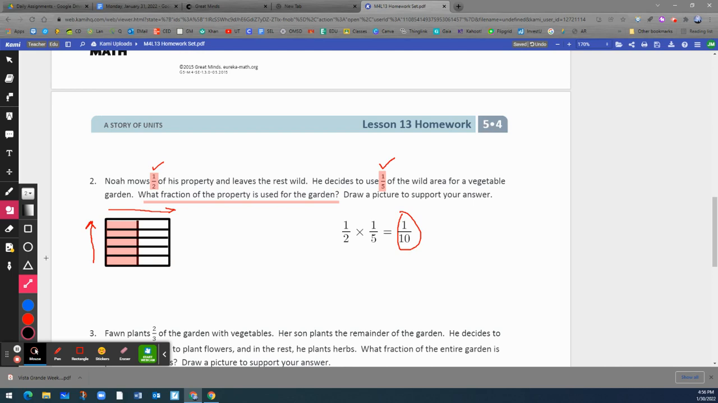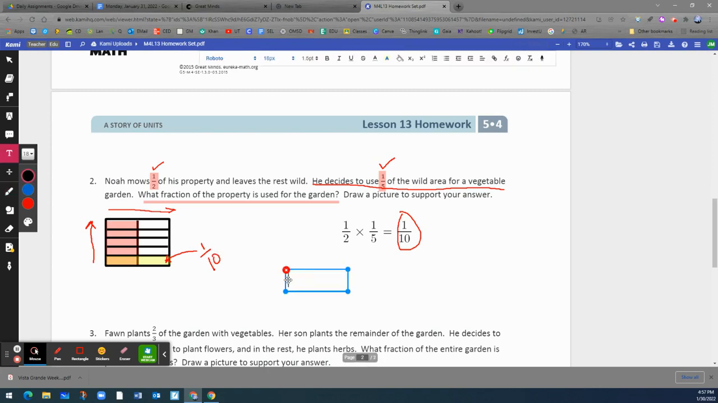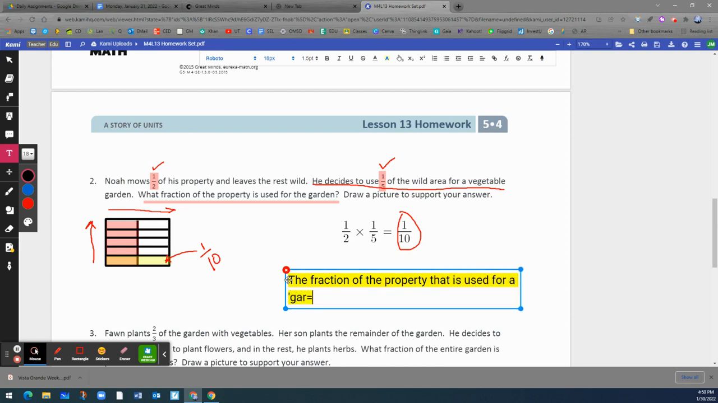Now let's show 1/5 because that's what this problem is saying, 1/5. I'm going to show 1/5 using a different highlight, a yellow color. So this is going to be 1/5. He decides to use 1/5 of the wild area for a vegetable garden. It will be this part right here. So how much is that? 1/10. Okay, so what fraction of the property is used for a garden? The fraction of the property that is used for a garden